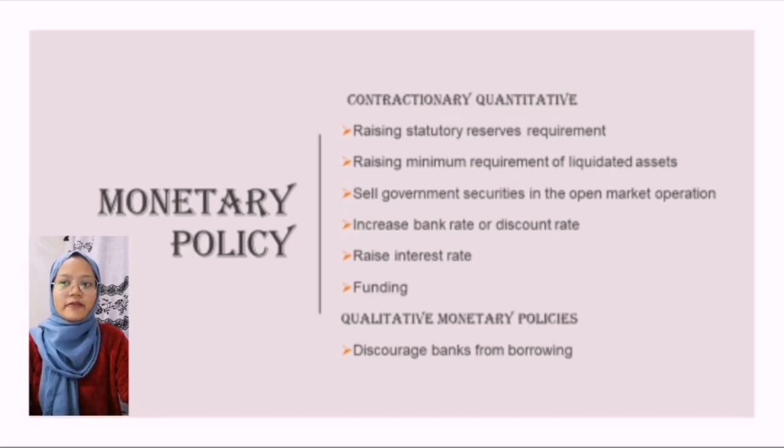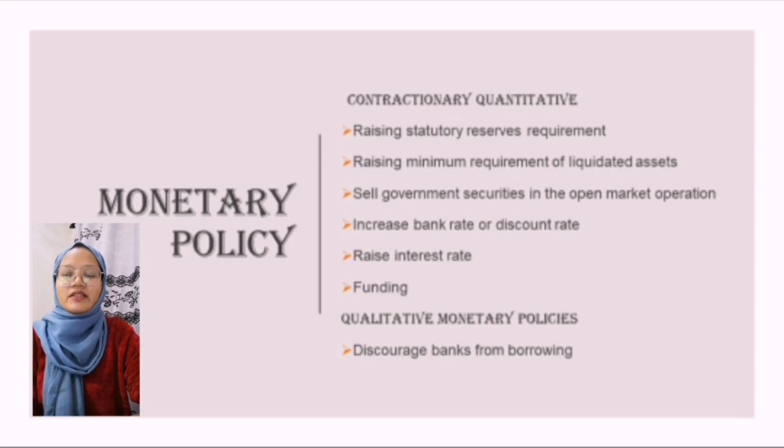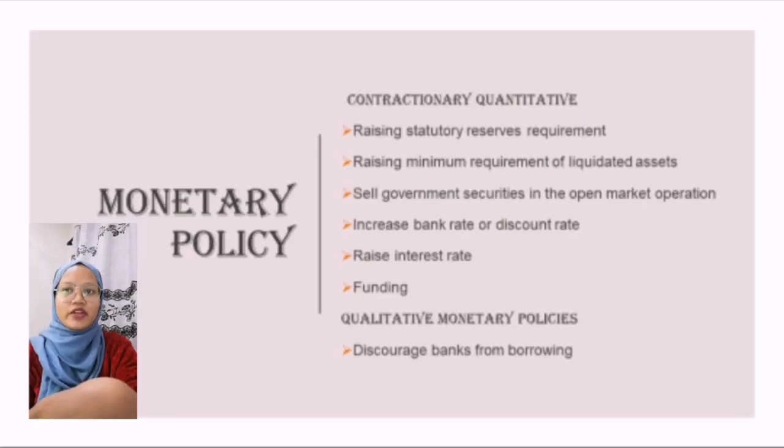So, the qualitative monetary policy is to discourage banks from lending. The qualitative policy aims at controlling and discouraging activities in specific economic sectors. For example, the central bank will instruct commercial banks to reduce the volume of loans given to the public and influence commercial banks to restrict their lending policies, such as requiring collateral security, guarantors, and other measures that will discourage borrowing.